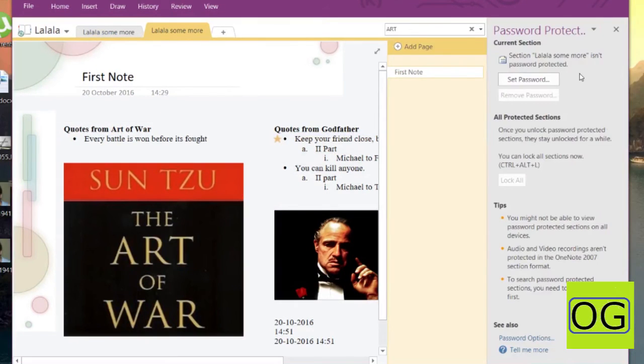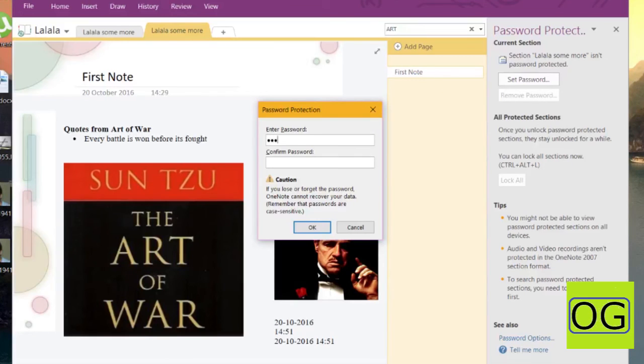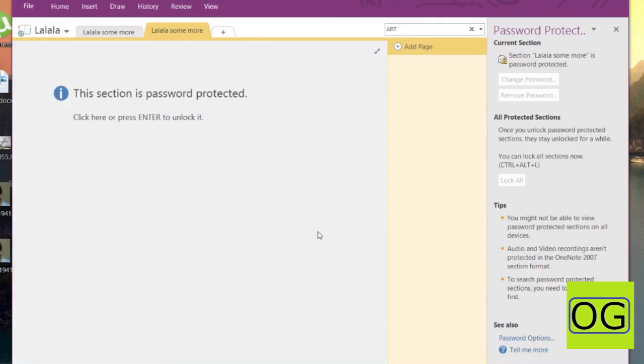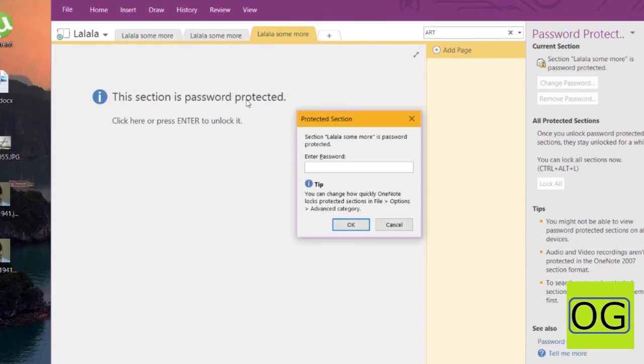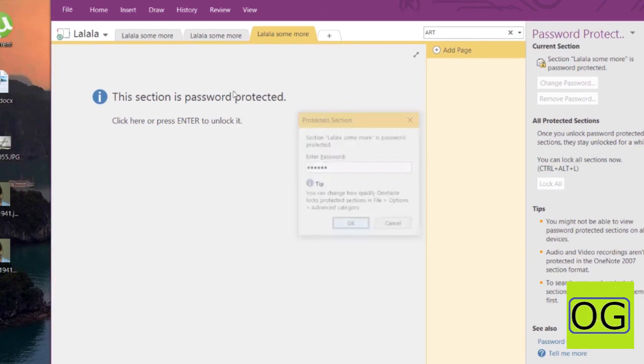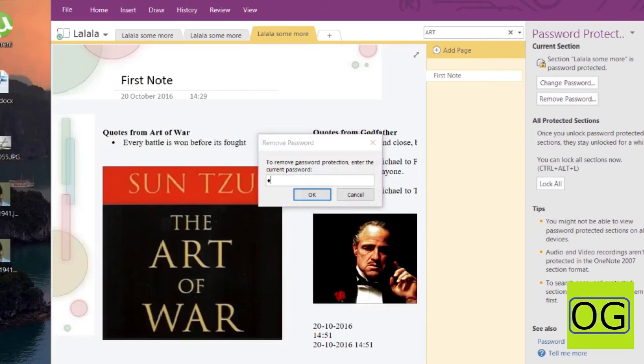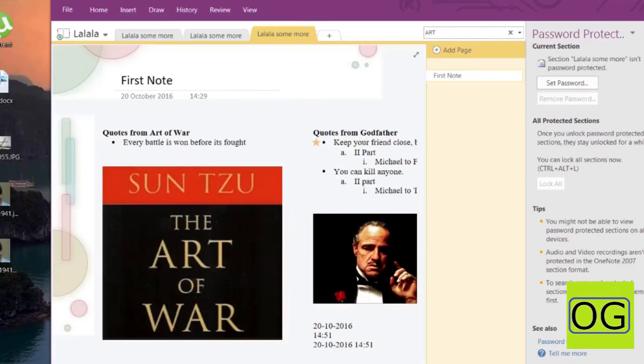So now let's look at yet another useful feature of OneNote. Under the review tab there is password protection. So you can protect your notes with a password. It's as simple as that, there is nothing to explain. Now when you try to access this document, you have to enter the password. Okay, now let's remove the password and move on to the next feature,